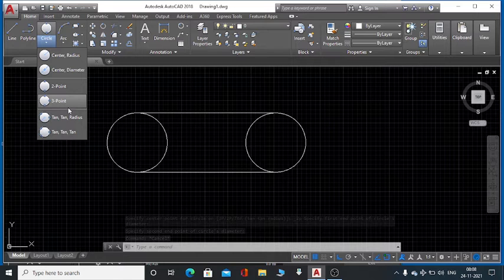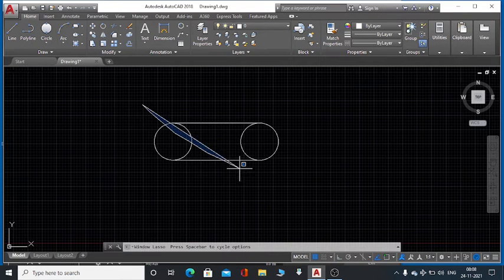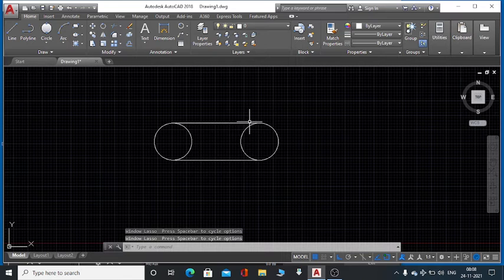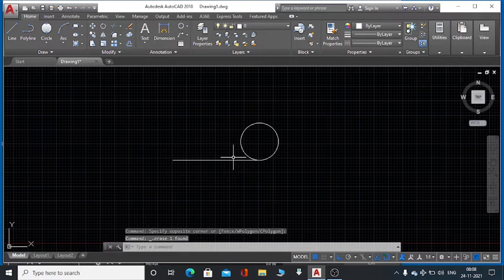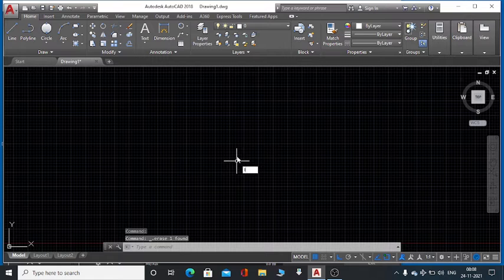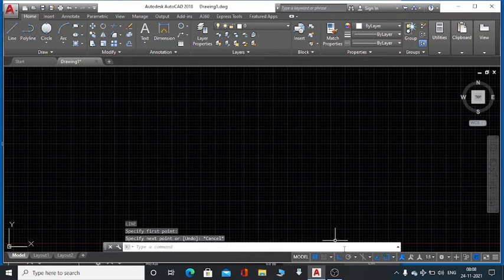Next is 3-point. For that, first of all I delete this one. I have to create a triangle for 3-point. Ortho mode off.